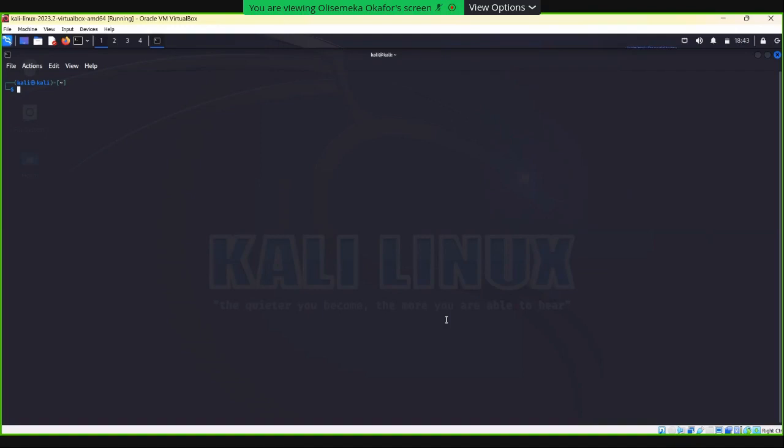Learning about Kali Linux and Linux operating systems sheds light on the fact that everything on a computer is basically files and folders. Every single thing is represented in a file, and we see that in Linux a lot. Almost every modification you want to do to your computer can be done from here.